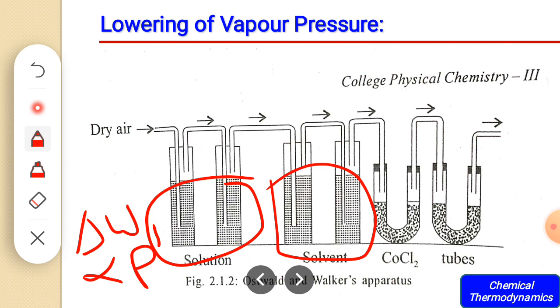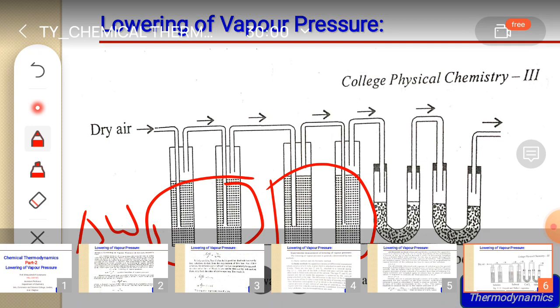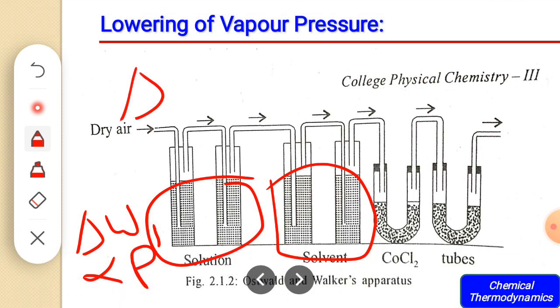Here the vapor pressure of the solvent is greater than that of the solution, which means these vapors become more saturated with the vapors of the pure solvent, and the loss in weight of this component, suppose it is delta W2,